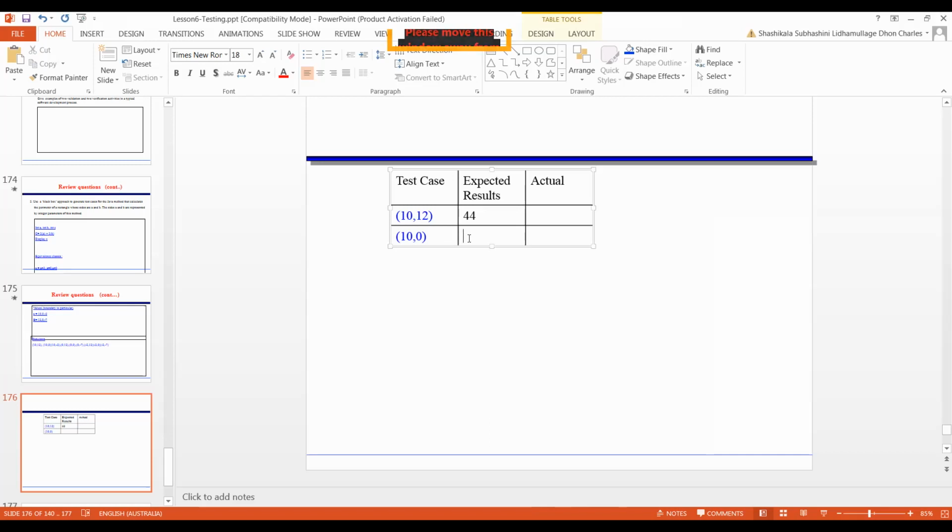Is it possible to have a rectangle when you input 10 and 0? No. Then what is your expected result? Invalid input. It's an error message. Did you get my point? In your program, it should be an error message like invalid input.